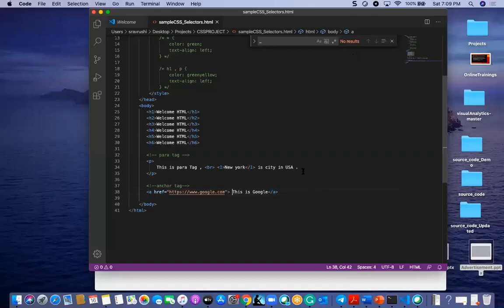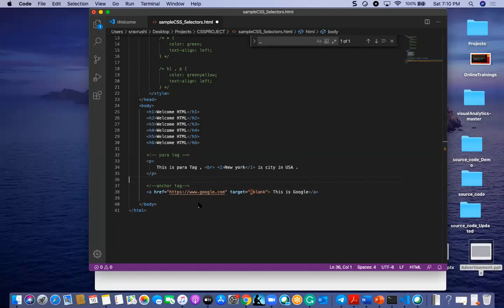I am going to give here target is equal to underscore blank. Okay, 1 second. So if I am giving here target equal to underscore blank, what will happen is, once I have clicked on this Google link, it will go to the next tab and it will open.